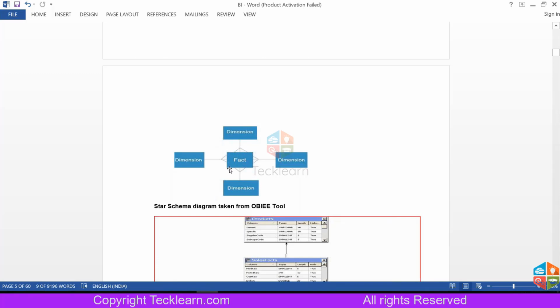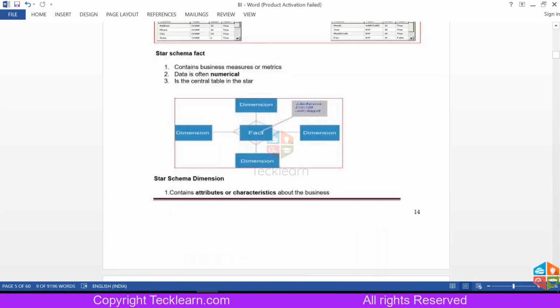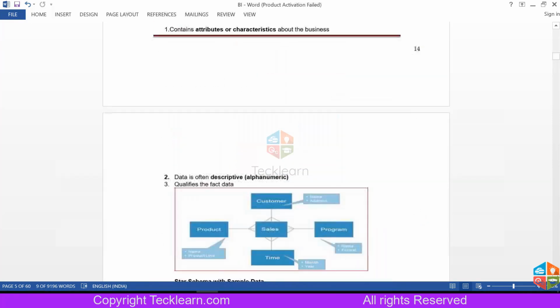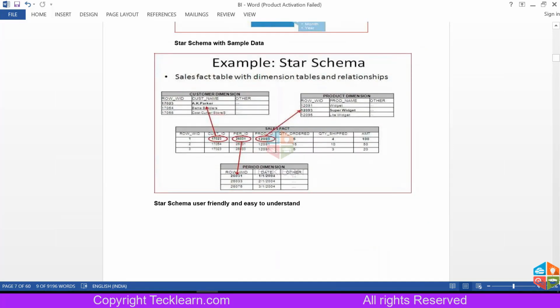So in case you want to club the details of dimension 1 and dimension 4, you must have a fact in between included in that query or report, or else you cannot get a direct relationship. Whereas coming to the snowflake schema, I've given a few more examples of how it goes from here and there.